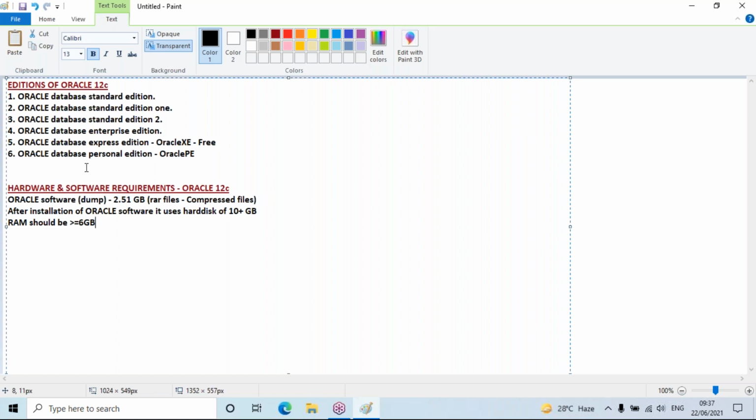So I expanded this to around 10 GB. So 12c is working very comfortably for me. 4 GB also is fine, but it works slowly. If you have 6 GB and fewer applications running in your machine, 6 GB is very much appreciable. Perfectly, you can work with it. That's the reason I mentioned greater than or equal to 6 GB.